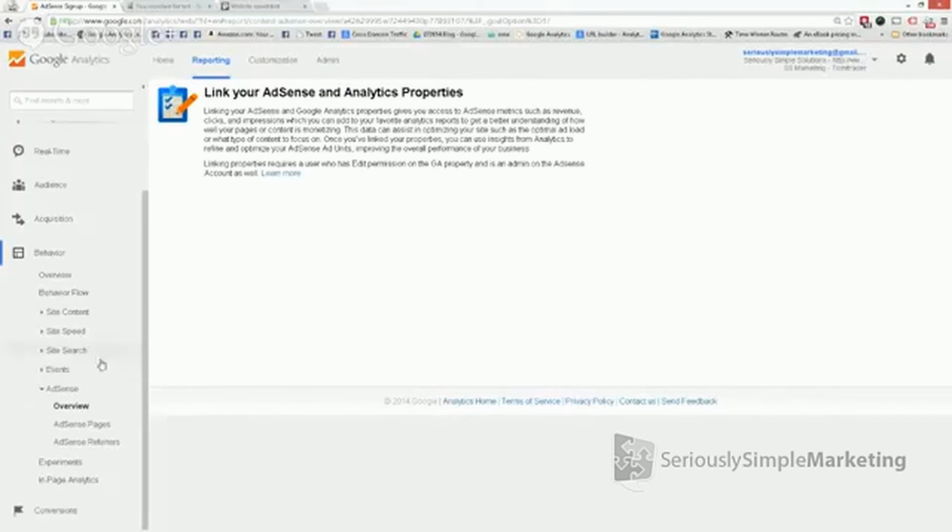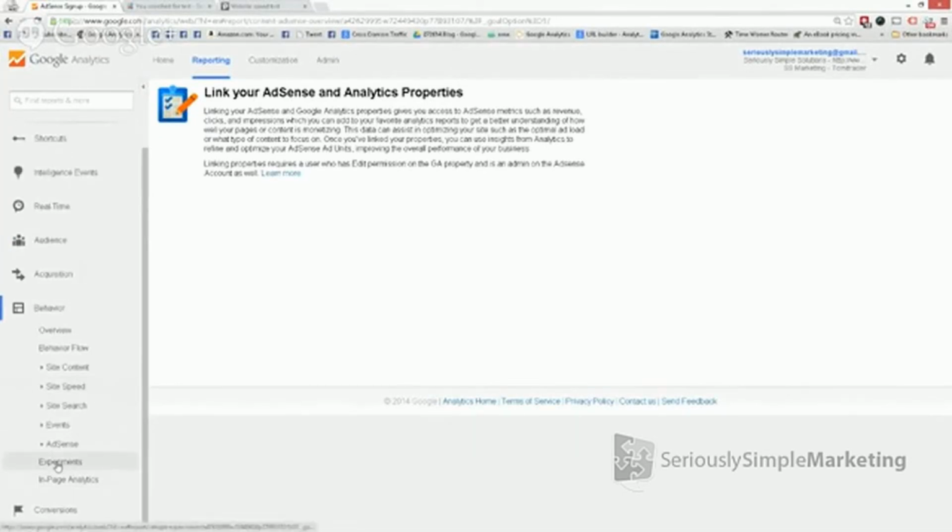All that data will report in here and you can see which ads, basically the Adsense ads that people are clicking on, and which pages are coming through and which ones are working, which ones aren't. That will help you to presumably get more clicks on your Adsense, which will hopefully make you a little bit more money, and Google wants you to do that, which is why they've integrated that.